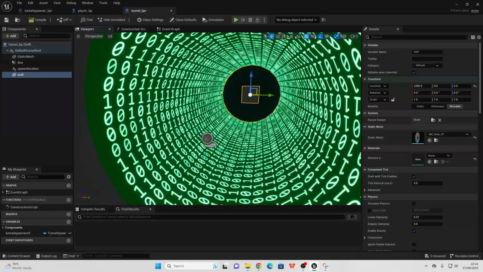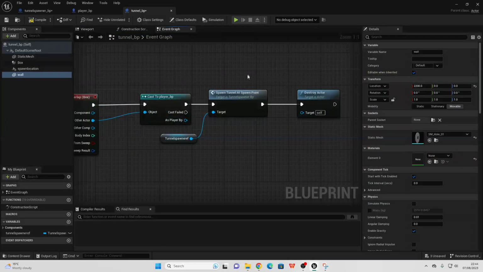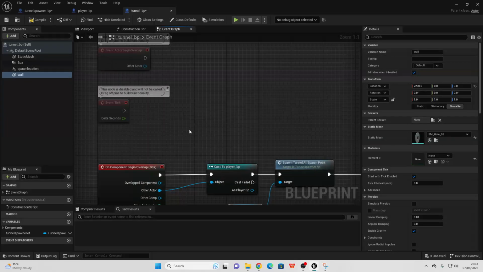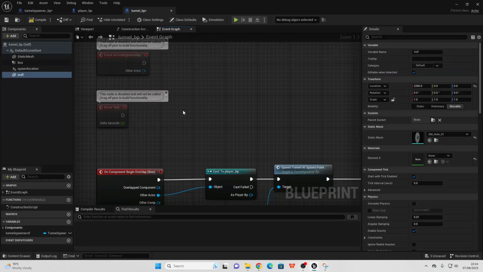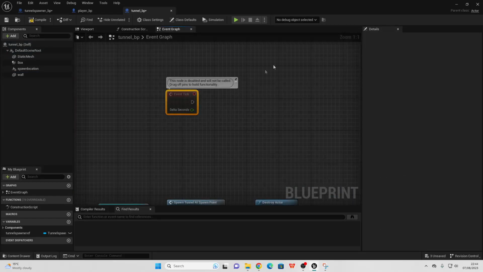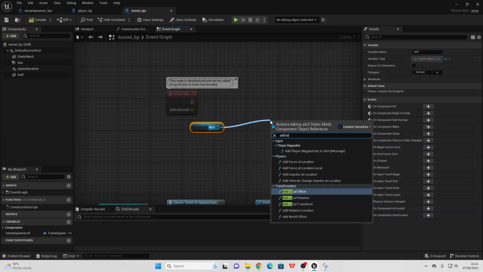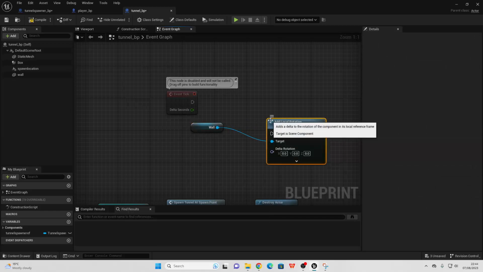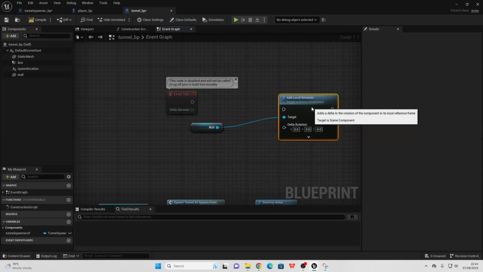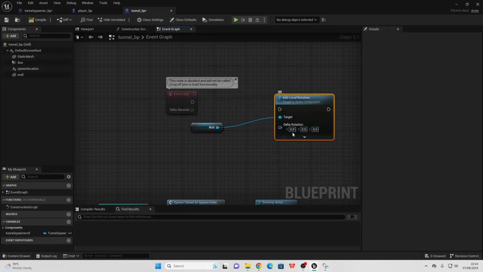Okay, if we go over to the event graph, we are going to make it so that the hole is rotating when the player flies through it. That way they have to dodge and adapt. So event tick, if we just drag in our wall and drag up here and look for add local rotation,